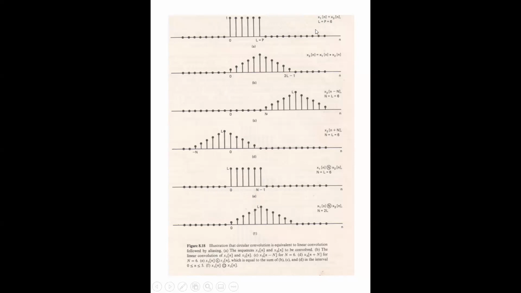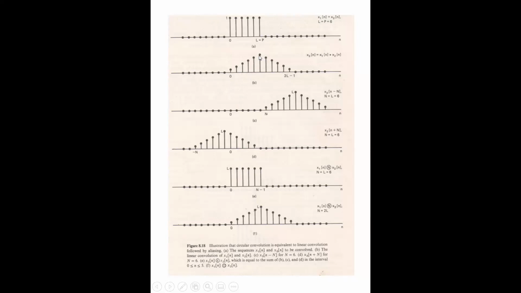So how many samples are correct? You compare x3[n] with x3p[n]. Can you tell me how many samples are correct? What about the first sample? The first sample had a value equal to 1. Now here the first sample has a value equal to L. So that is incorrect. The second sample had a value equal to 2, so that's also incorrect. The third sample is incorrect likewise. The fourth sample is incorrect. The fifth sample is incorrect.